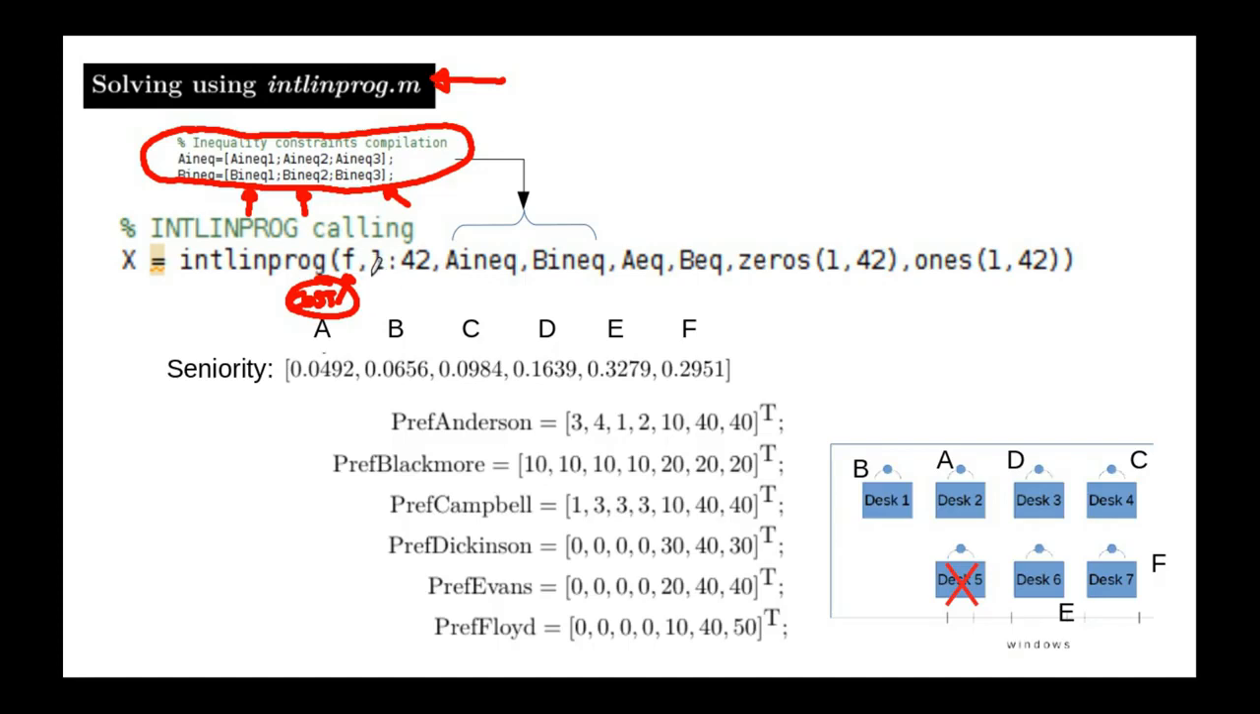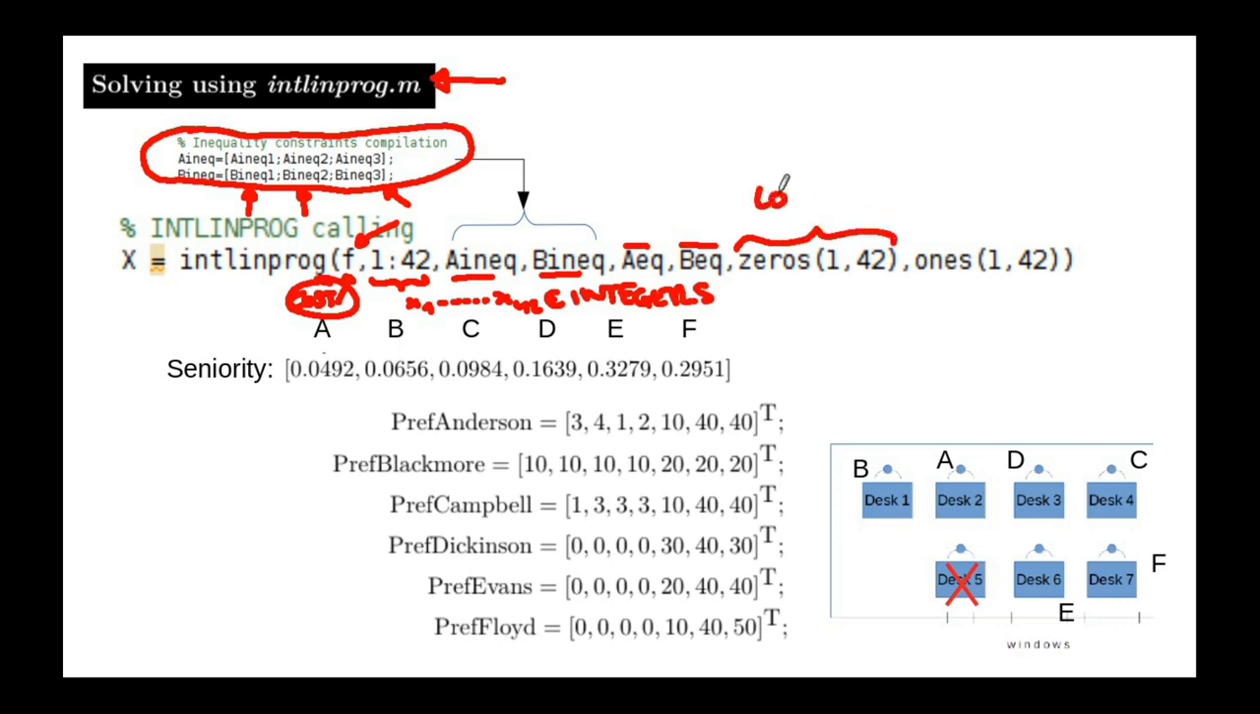The second input argument, 1 to 42, means that from the element 1 till the element 42, all of them will be integers, okay? From the element 1 till the element 42. MATLAB knows how many elements there are in the optimization array because of the size of f. Then we must put the inequality constraints, can you see here? Then the equality constraints, and this